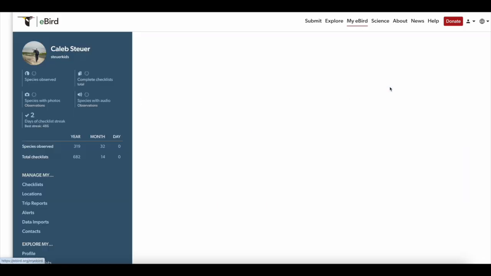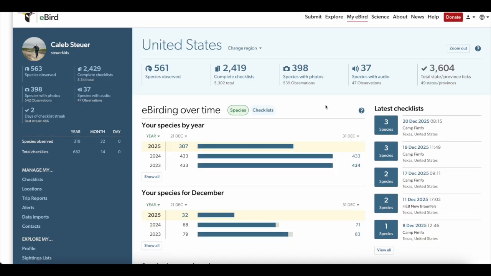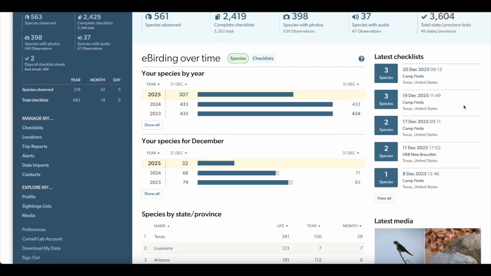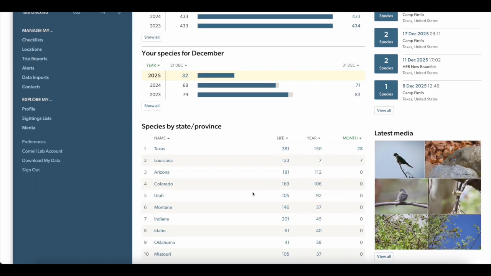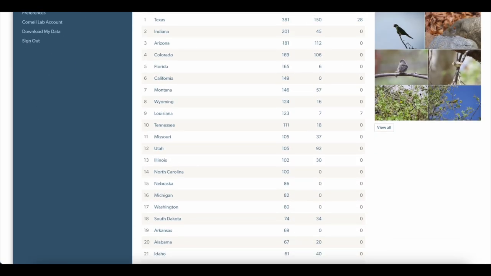So since we're kind of already here, let's go to the My eBird tab next. This is where you're going to see all of your stats related to different birds that you've seen. Like we've got my life list right here, complete checklist, species with photos, audio, different ticks if you're into that kind of thing, different stats about eBirding over time, species by state and province, your latest checklist, latest